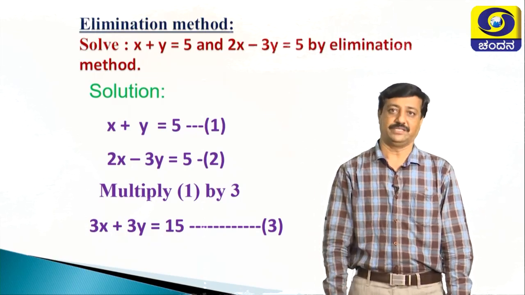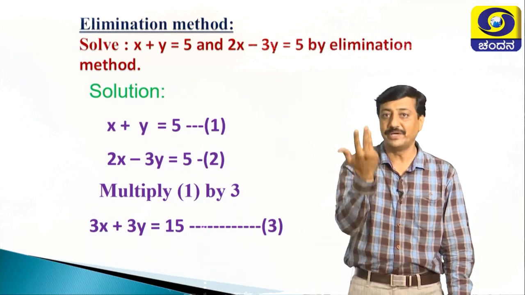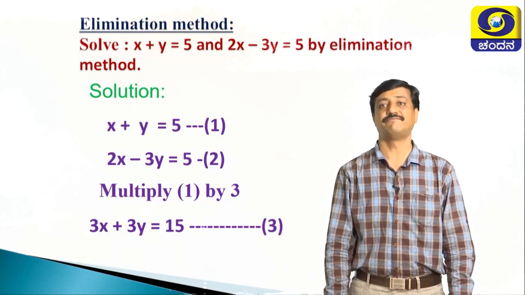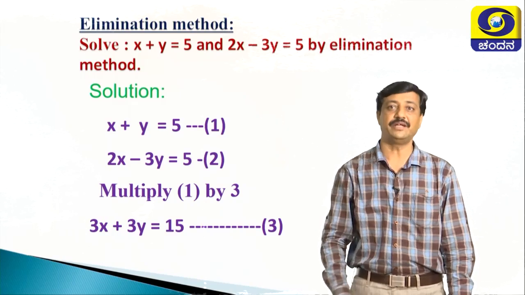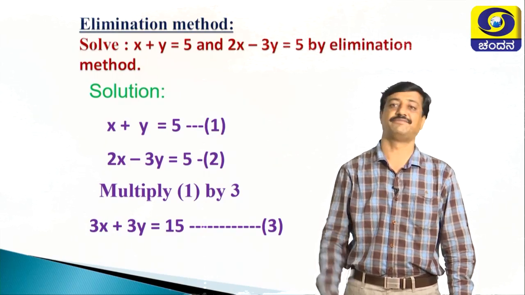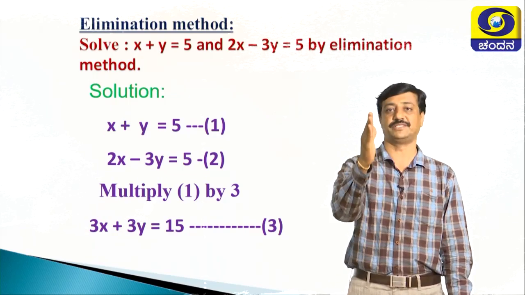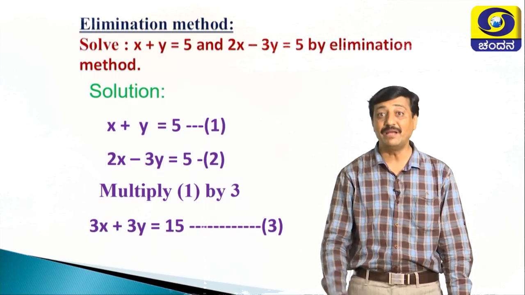If you compare the coefficients of y in equations 2 and 3, the coefficients are numerically equal, but their signs are opposite. In the second equation, it is minus 3. In the third equation, it is plus 3. If the coefficients are numerically equal with opposite signs, then we have to add both the equations to eliminate that